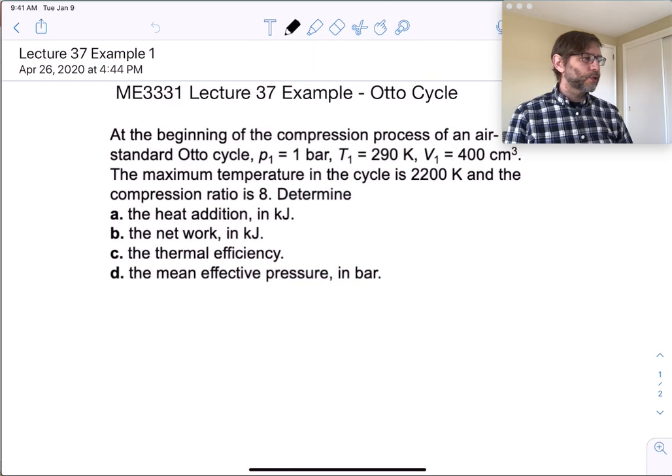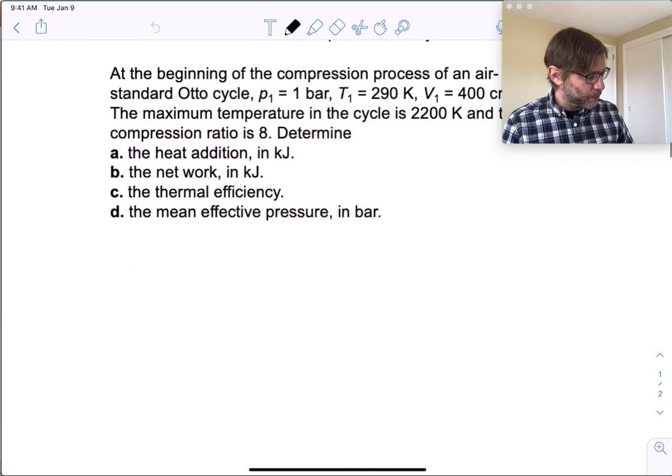Okay, these are pretty straightforward to do. Now, it does not say assume constant specific heats of cold air. We do not assume that the whole thing is cold air from a properties perspective, so we cannot assume constant specific heats. All right, so we're not going to solve it that way. So first,